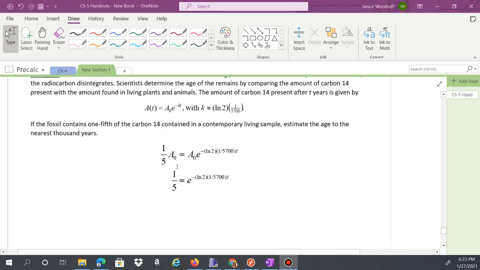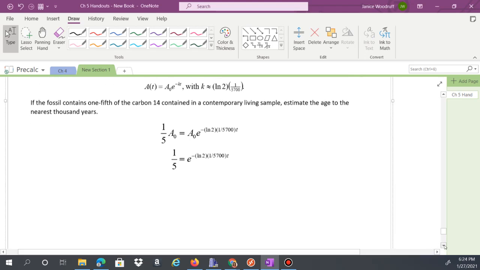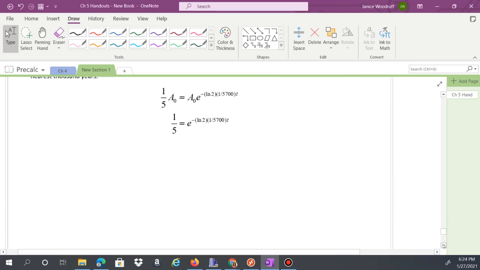So it's set up for you. It's 1/5 of the initial amount. So it's decaying over time because it's 1/5, it's getting smaller. So here's how you would set it up. It's 1/5 of A sub 0, the initial amount. The A sub 0s would cancel each other out in this case, like your logarithms. So this is how you'd be set up. So what I would do here to solve this, after I cross out the A sub 0s, is I would take a natural log on both sides of these,